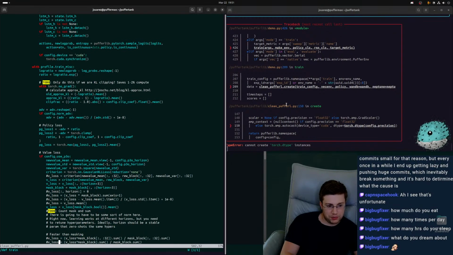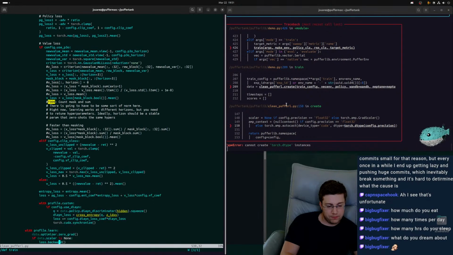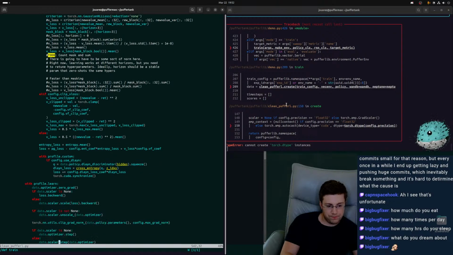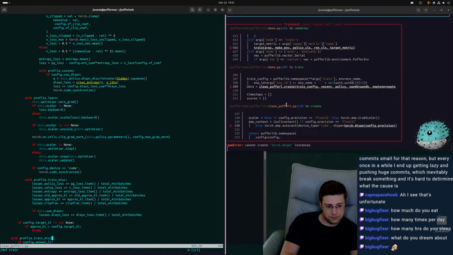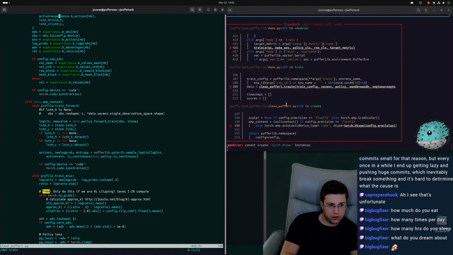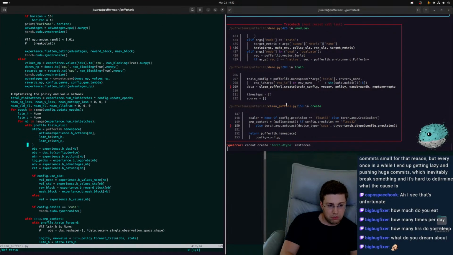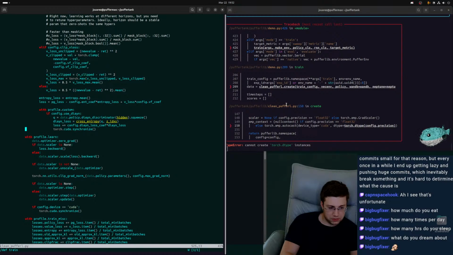Maybe it's in the losses somewhere. No, I don't see redundant losses. Is this indented too far? Should be aligned with this, right? And it is.